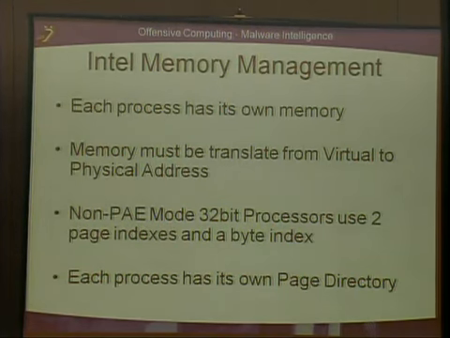Intel has a method where each process can have its own memory, and that's called virtual memory. The idea is to keep other processes from being able to read each other's information. So this virtual address needs to be translated to a physical address, which is the actual address on the chip of RAM. A non-PAE mode 32-bit processor uses two page indexes and a byte index,